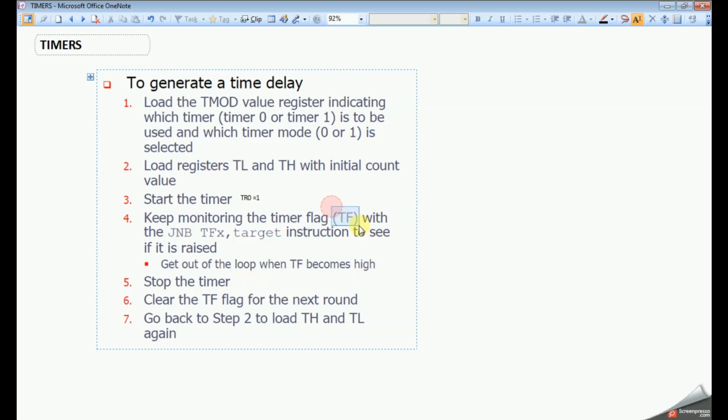So we always check this TF flag until the timer generates our required delay. For the next operation we need to clear the timer flag for the next delay generation. Once the delay completes, if you need the next time delay, it starts again from step 2. Again we load the TL and TH values, start TR, and check the TF, and so on.